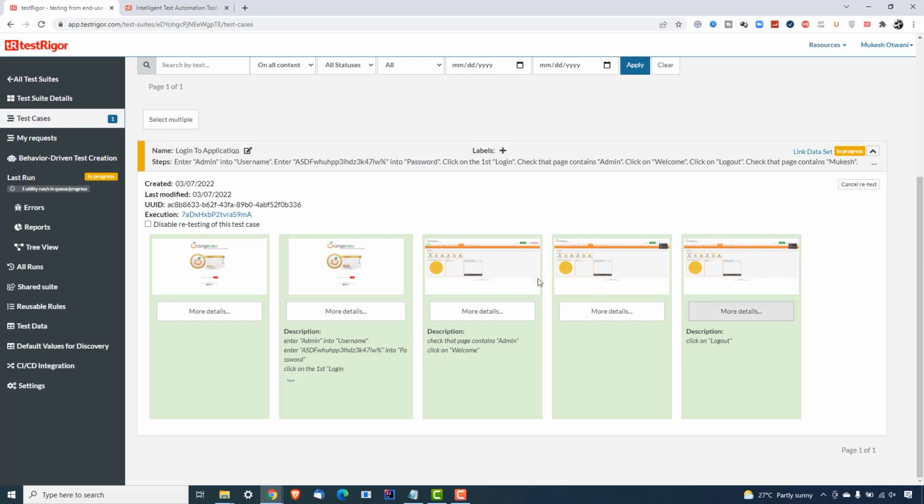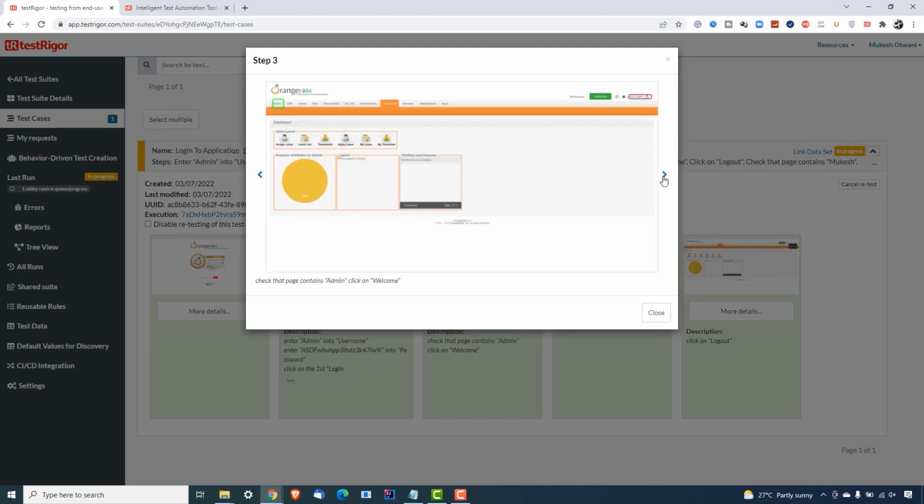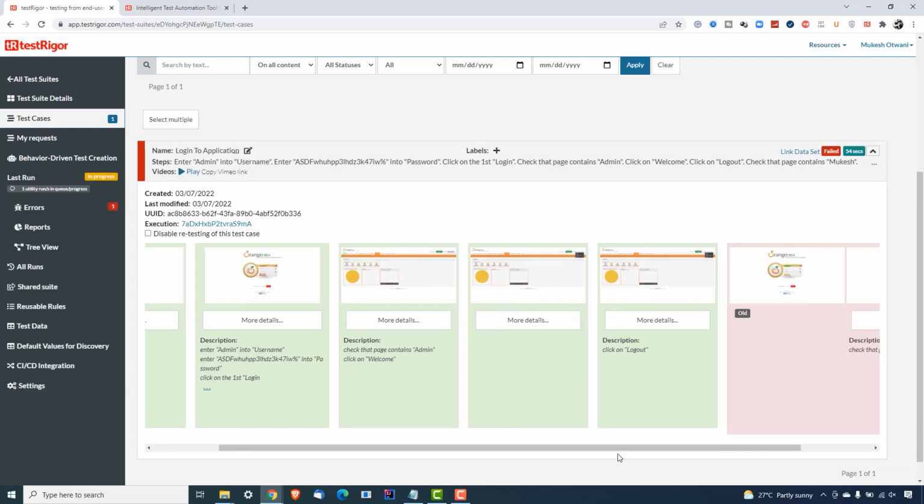And yes, now if I show you the screenshots, yeah, it clicked on welcome, then we got this option, it clicked on logout, and now basically it is waiting for Mukesh. Okay, so basically testRigor has its own timeouts, right? So it will not fail immediately, it is waiting for some time. After some time, if that Mukesh is not available, it is going to fail our test case. So it's waiting actually, and yes, can you see this